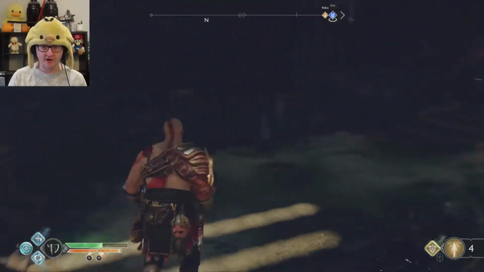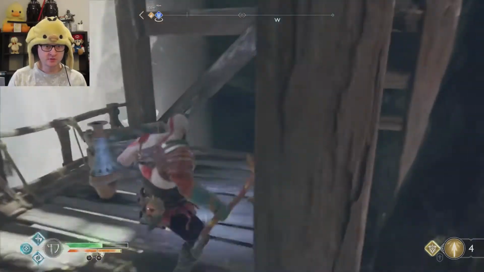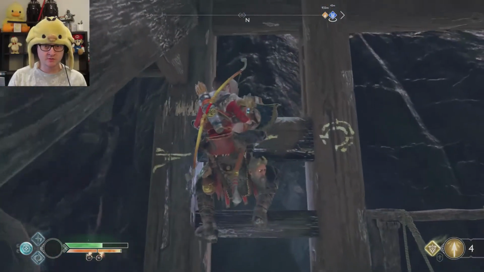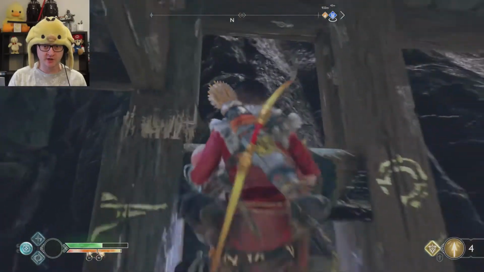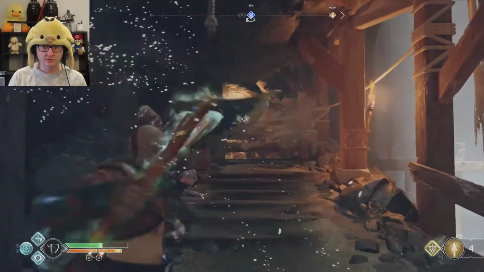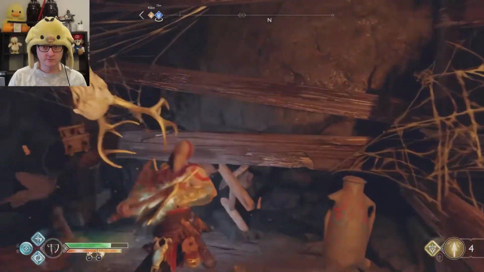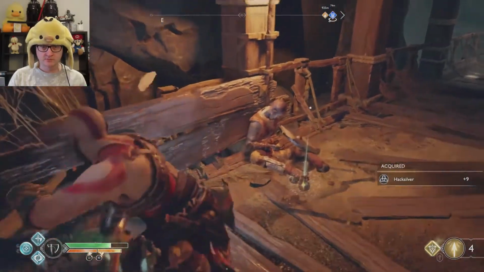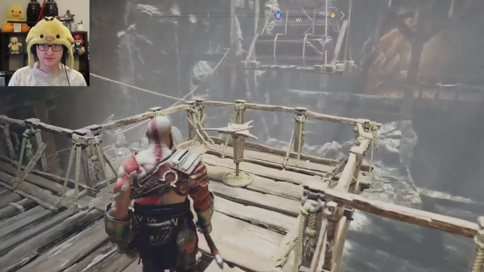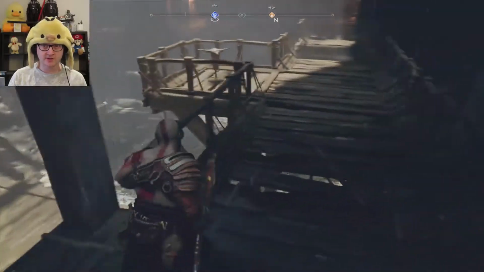There's a brazier fire up there. I don't know if that's useful for anything. We can jump across. And we can go... Okay, we go around the side. Let's check what's down here first. Okay, so this goes up here. This turns that down there. And that then goes back down there. Okay, so if we turn this...